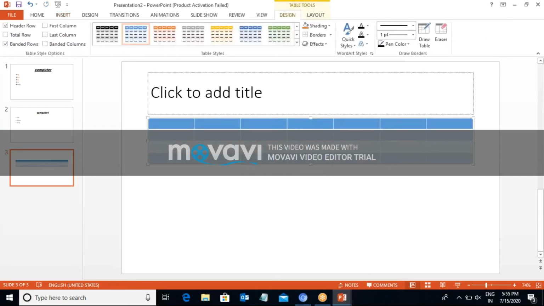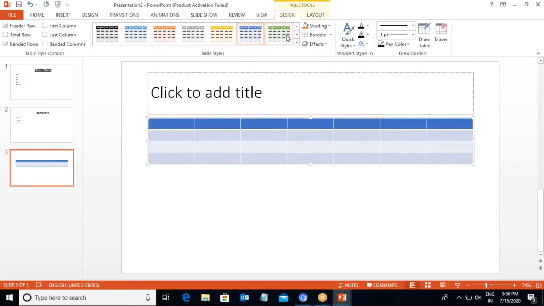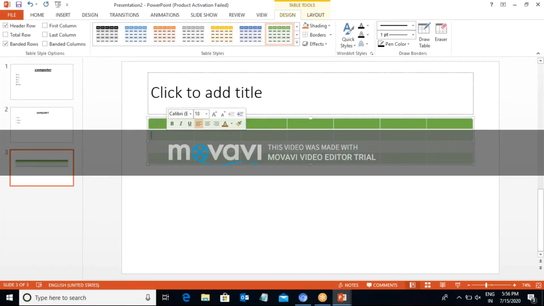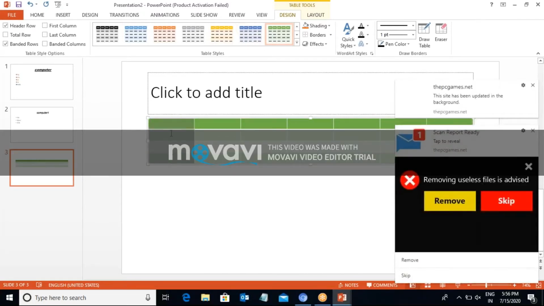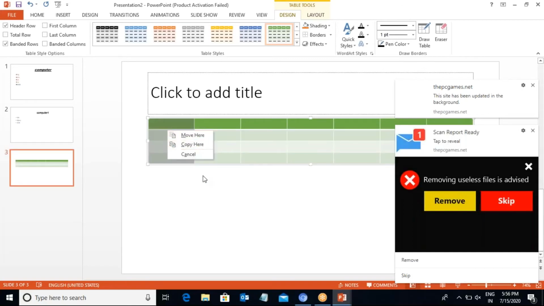So I create my table, and after creating it, a number of design options for the table are available. If you select any row and column, double-click, select your column and row, and then right-click.